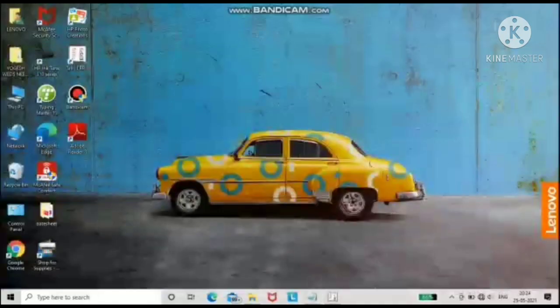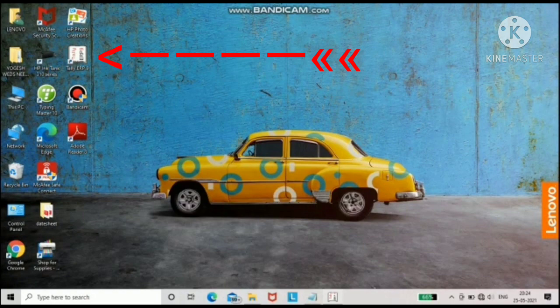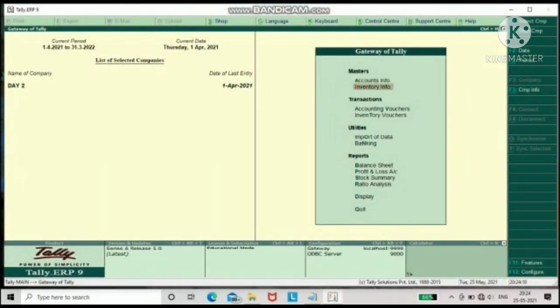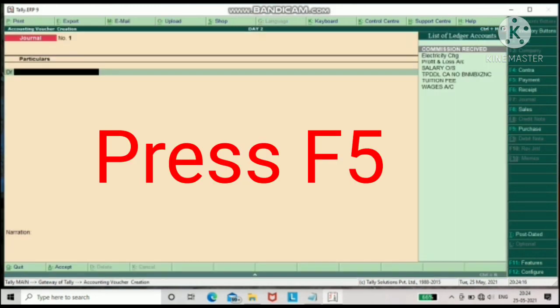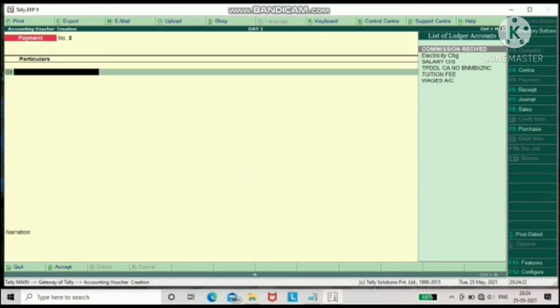Today we'll do accounting entries in Tally: payment, receipts, contra and journal. So let's start. Click on it and it opens. Go to Accounting Vouchers. Press F5. F5 is for making any kind of payment. When you press F5, the window will be